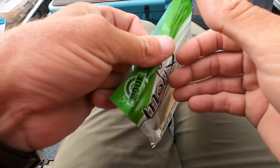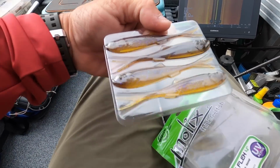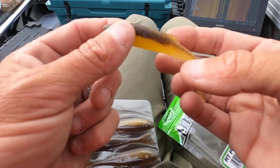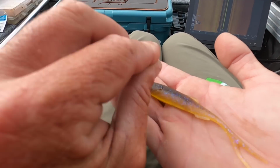I'm going to run the Wakasagi colour. It's a nice little natural sort of prawn looking colour in the 4-inch. What it's got that's different is if you give them a squeeze, you can feel it's full of salt. They're impregnated with salt, so you throw that in the water and it's actually going to float without a weight. So plan is with that little